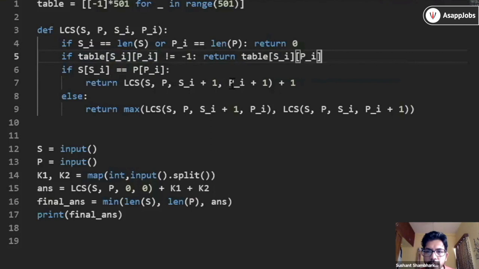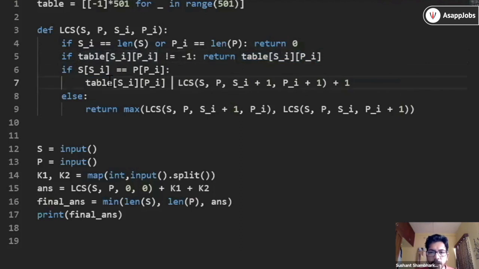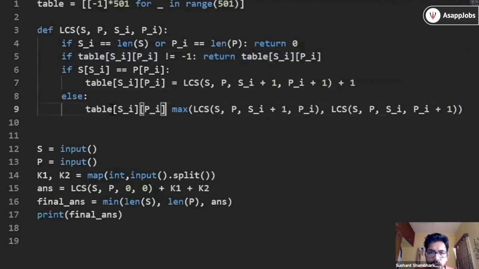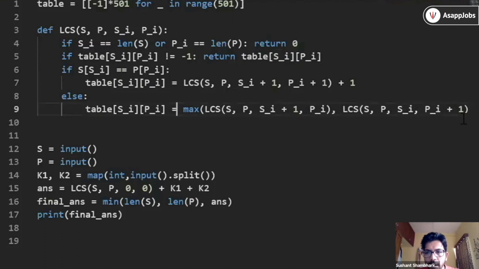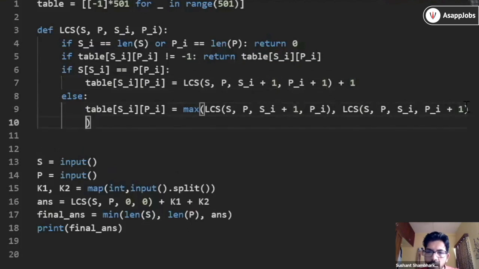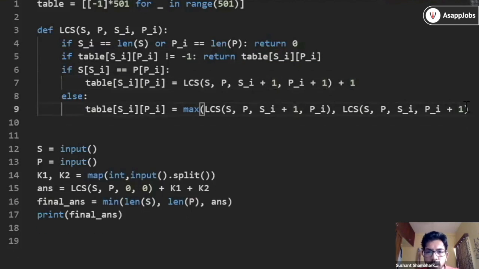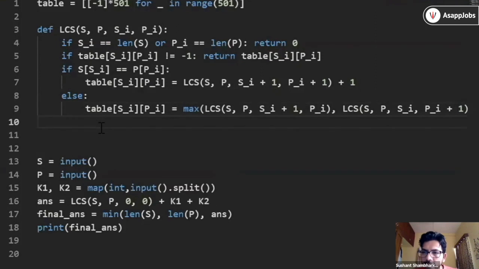And if this condition isn't triggered, you have to calculate this value, right? So instead of returning, we'll just assign the value here and then return. I always find it easy to implement a brute force solution first and then apply the caching mechanism so that your code doesn't get complicated much, and then we'll return.